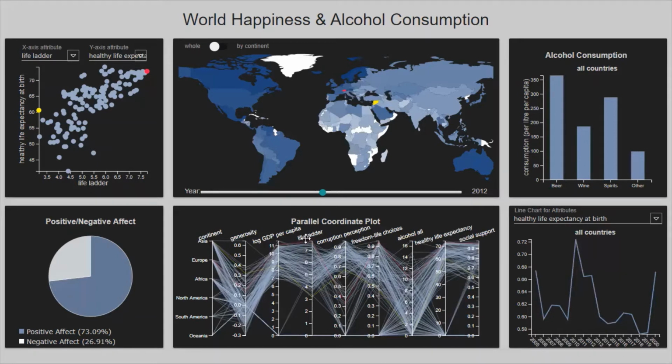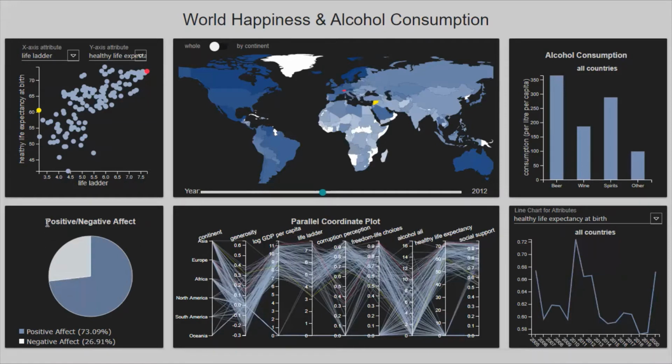Freedom to make life choices over here means whether the respondents are happy with their freedom to choose what to do with their lives. Generosity right over here is an attribute whose value is estimated based on whether a respondent donated money to a charity in the past month. Perceptions of corruption right over here is based on whether the respondent thinks corruption is widespread throughout the government or business in the country.